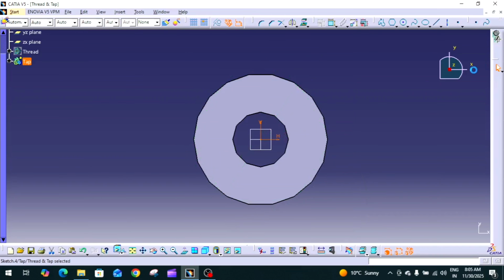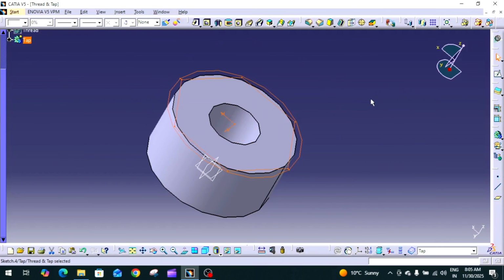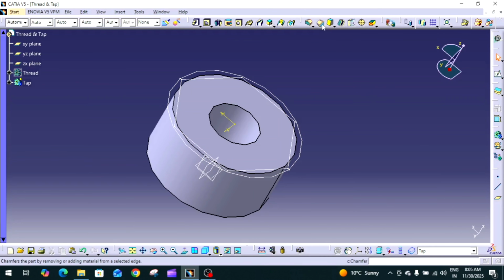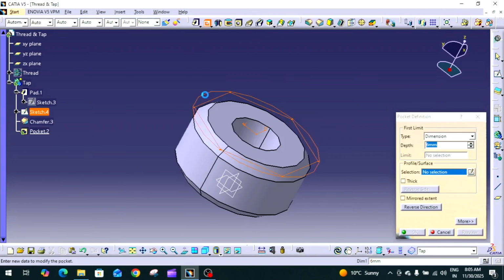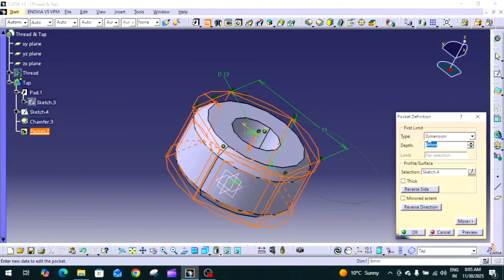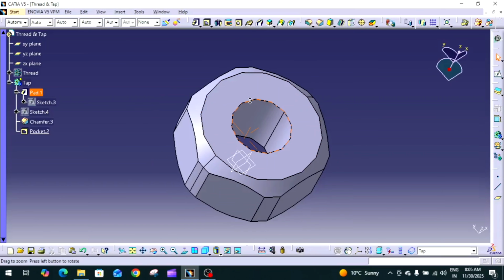Now click on the exit workbench and use the pocket tool. Before using the pocket tool, we need to apply the chamfers first. 1 mm chamfer on both sides. Okay, and then use the pocket tool and use the sketch and say up to next, and apply. Okay. Now our nut is created, and we will use the thread and tap tool to